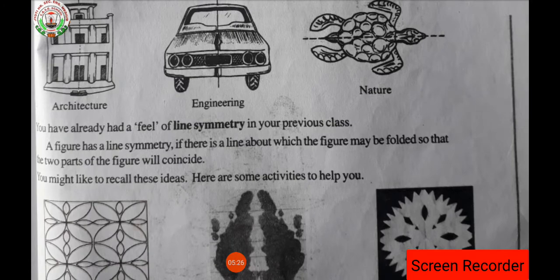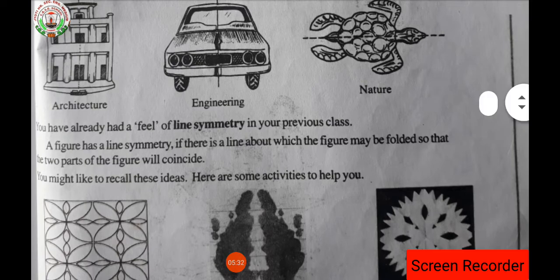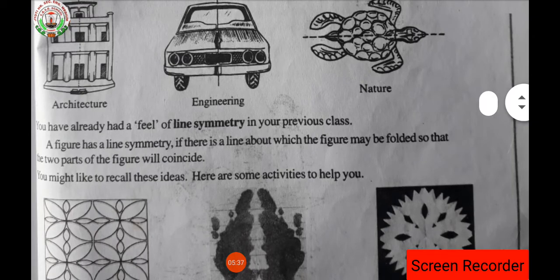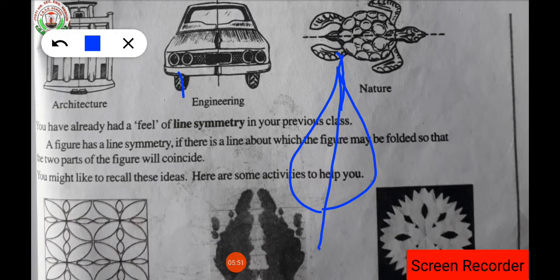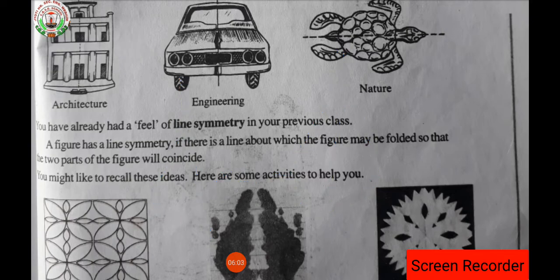Okay, when we divide this tortoise by drawing a dotted line or by using a scale, a straight line, can the tortoise be folded in this form? As we have the tortoise, I will show you in the form of a figure. Suppose we have a fish or a leaf, and we divide this leaf into two equal identical parts. When I fold the leaf, does it look like this, student? Of course it will look like this. So this type of image or object is said to be identical.